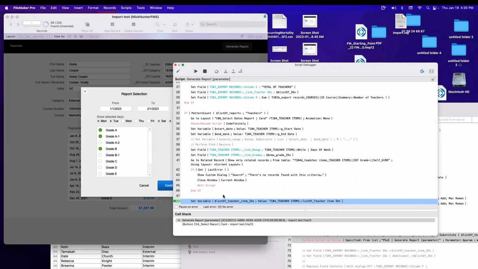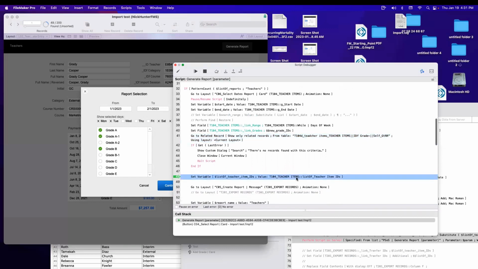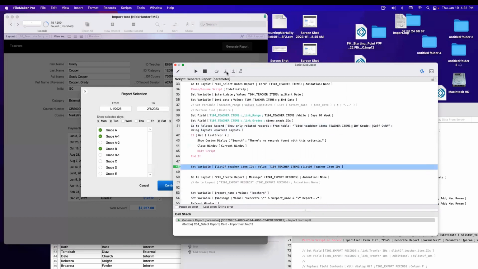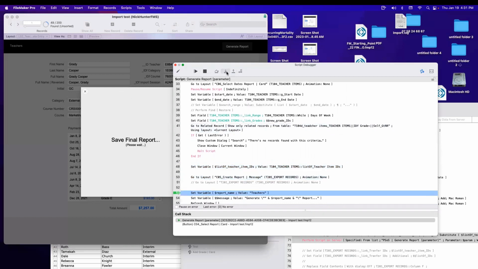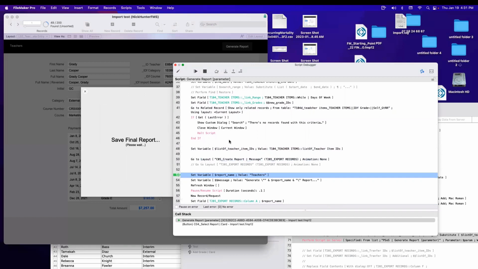I'm setting a variable with the list of the items I get, right? Because this is like a search, based on that selection, based on those two fields here, this relationship will get me a found set, right? And I'm collecting all the IDs here in that variable, right? Then I go to another layout because I need to put myself